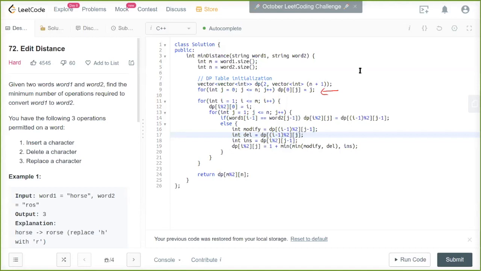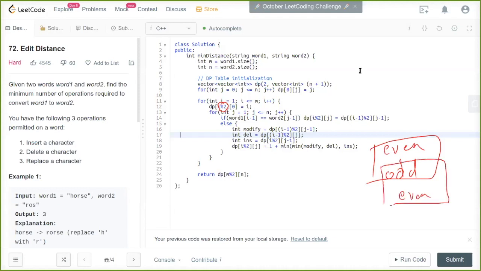In that case, i equals 0 is going to be the previous row. When i becomes 2, i equals 1 should be the previous row, and i equals 2 should be the current row, right? So what I do is always take mod 2, so that when I'm at an odd row, like 1 or 3, the previous row is going to be the even row. So this is my window. When I'm processing an even row, the previous row is the odd row, which was the current row in the previous iteration, right?